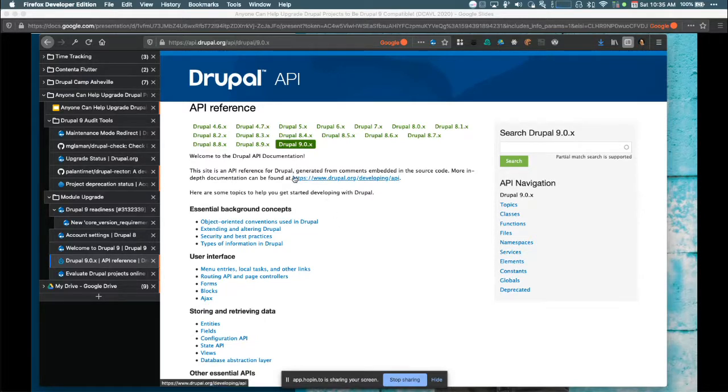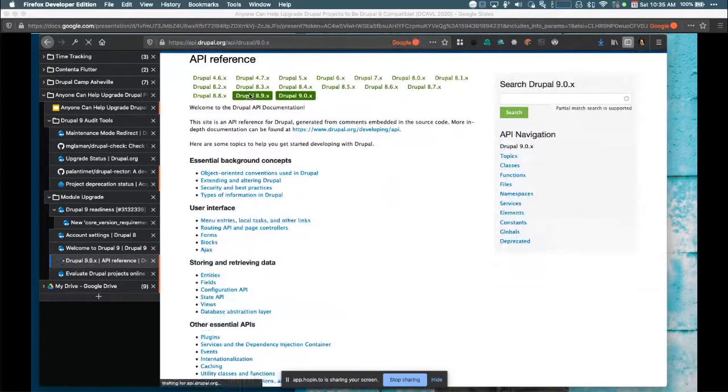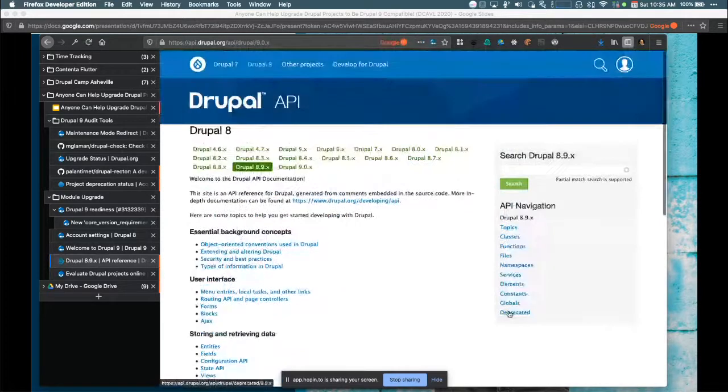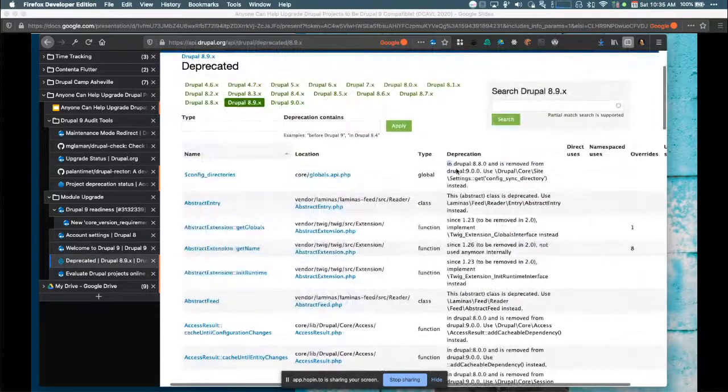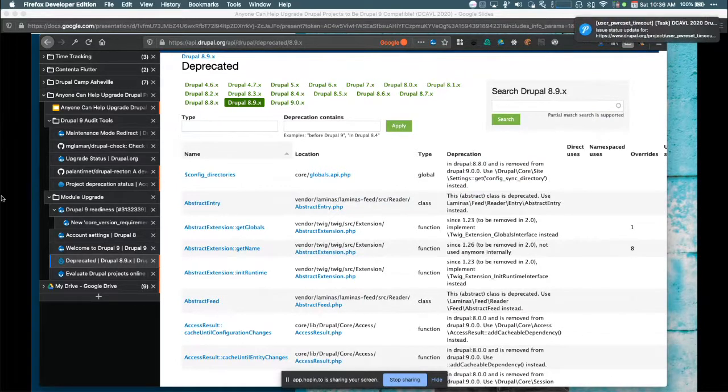But this is all of the background and code, gives you all the details on how Drupal works behind the scenes. One thing I wanted to point out is if you ever want to see all the things that have been deprecated in a version, like if I go back to Drupal 8.9 and I click deprecated, this will show you all the things deprecated. You'll notice they're the same messages that Drupal Check and these other audit tools show us. But it gives you background, and you can actually go into the actual code and read more about it. So that's a great tool when you're reviewing things to see what needs to be done.